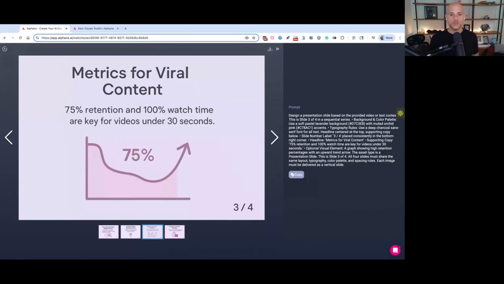Okay. What YouTube is looking at in the algorithm is they want to make sure that you are retaining the majority of the people who click to watch that video. Okay. So if 100 people go to watch that video, they want to make sure at least 75% of them stayed and watched 100% of the video. So think about that, right? And by the way, this is for a metric for like under 30 seconds. I'm using a minute because it's easier for the math. But just imagine you create a video. You want to make sure 75% of the people who went and watched your video, that they watched 100% of